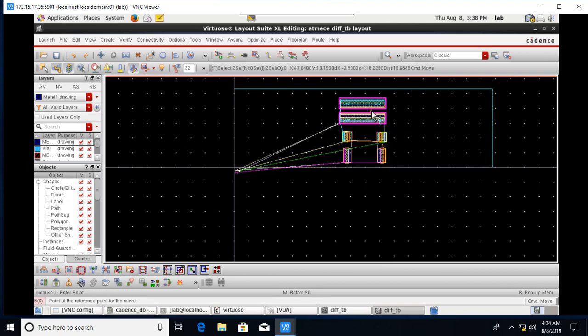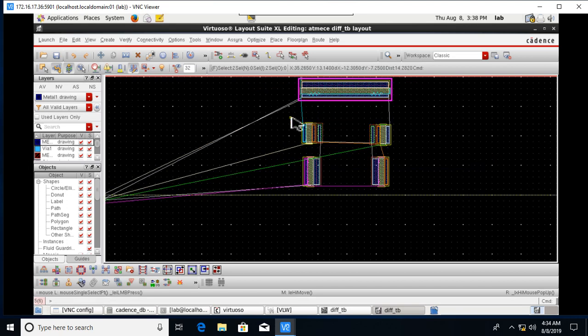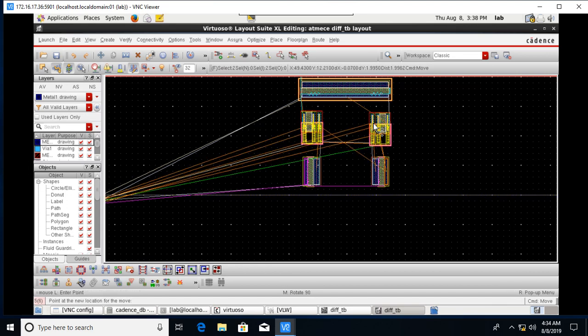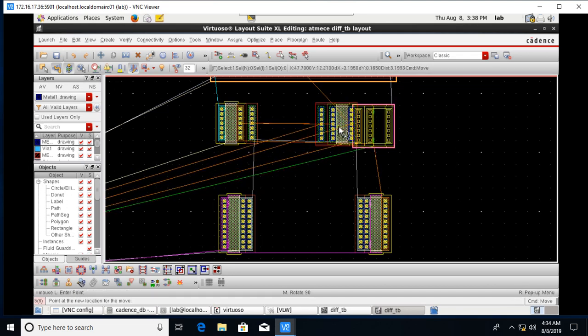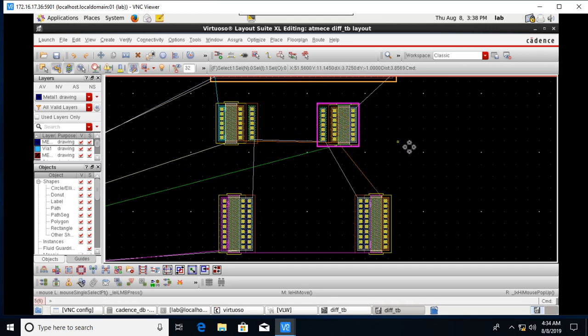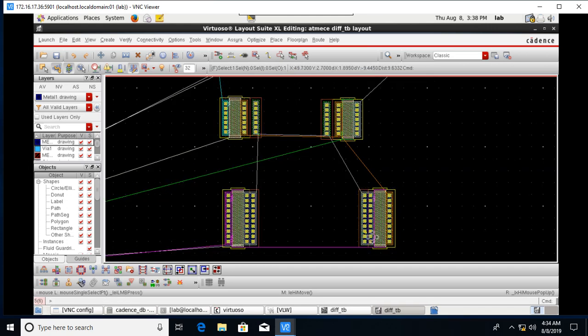I'll move a little bit higher so I can comfortably place all the components. Okay. So after that,